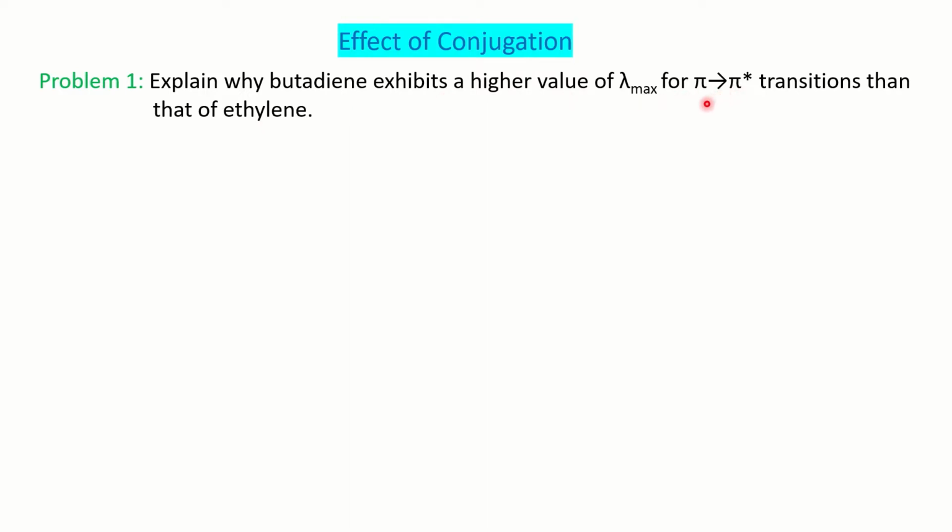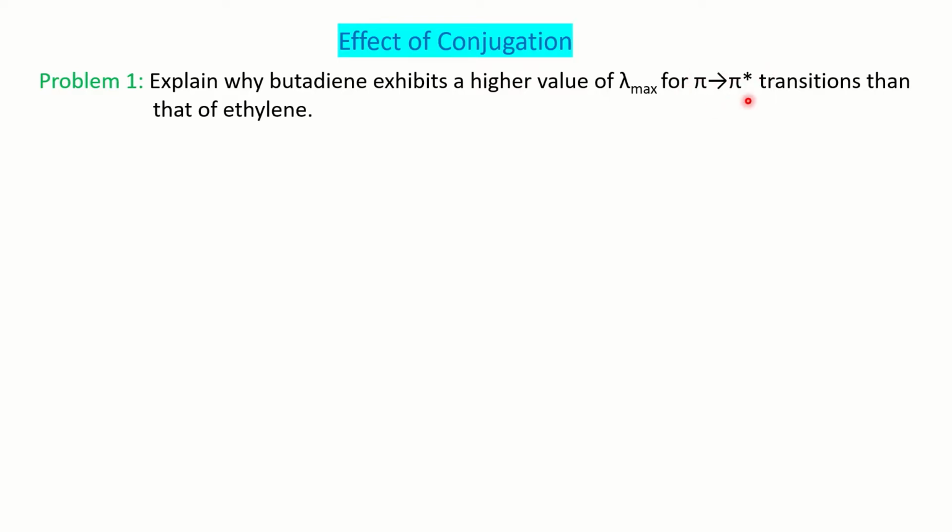So two things. First of all, UV spectroscopy gives us two important pieces of information. One is the lambda max value, the wavelength of maxima. Another one is the intensity, or molar absorptivity maxima. These two important pieces of information we get from UV. And especially for two important transitions: one is the pi to pi star transition, which suggests the presence of unsaturation. Another one is the n to pi star transition, which suggests the presence of a heteroatom.